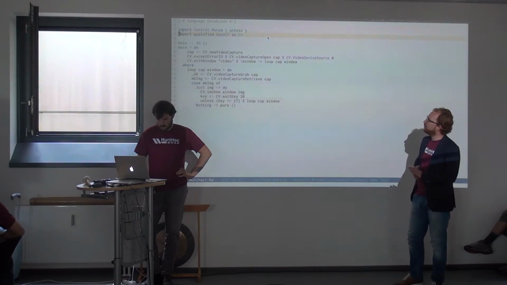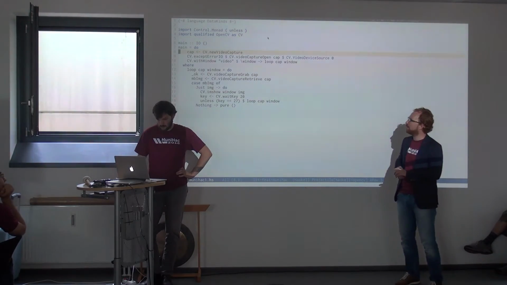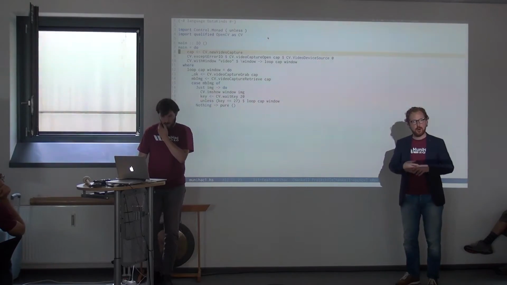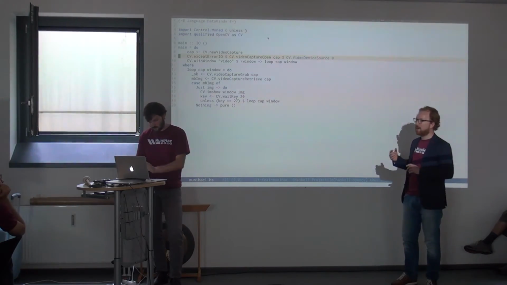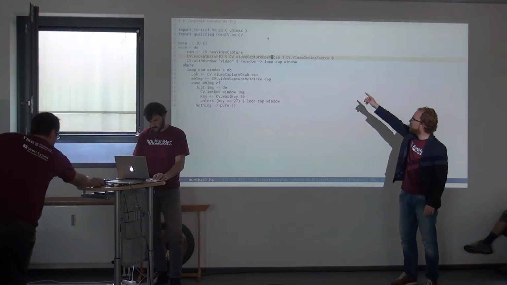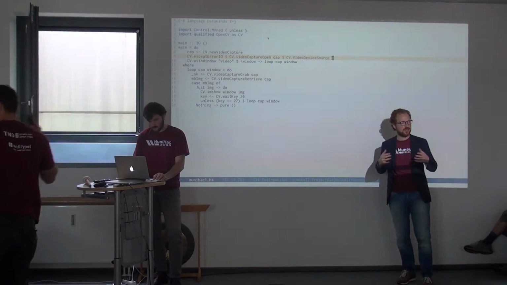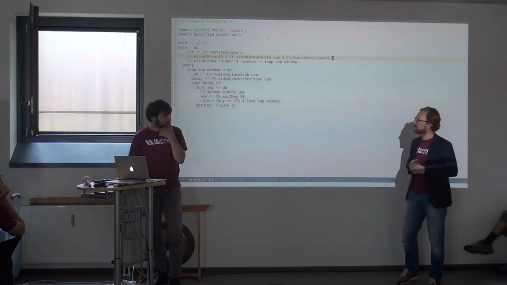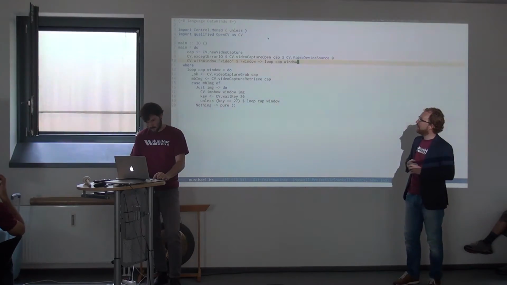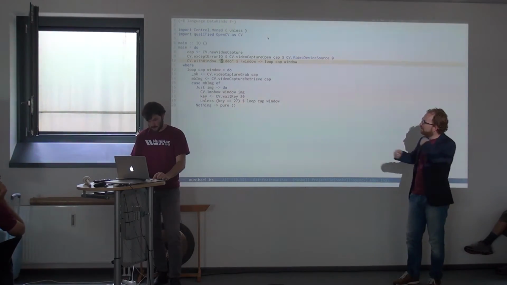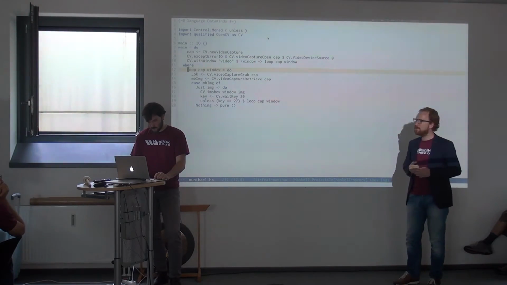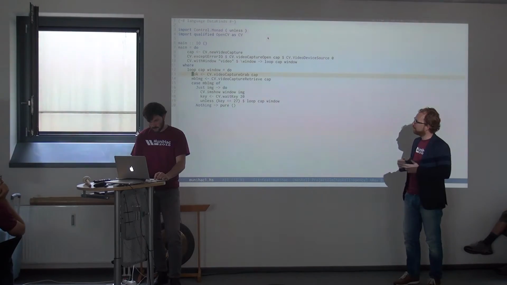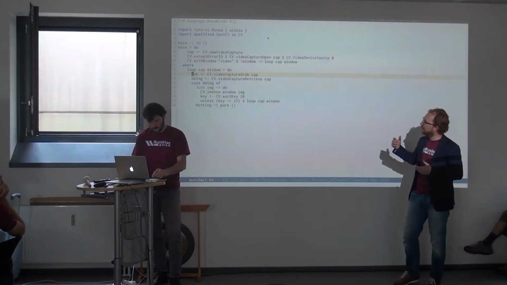So what this example will do is it will create a new video capture object. Then it will open the webcam. This is the video device source, actually the first camera detected on the system. Then it will create a window, and then we have a loop which will grab a frame,